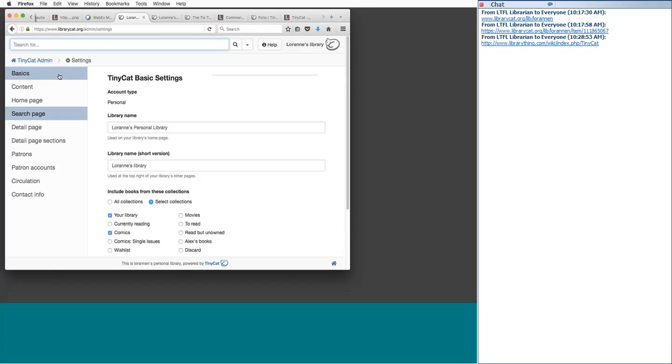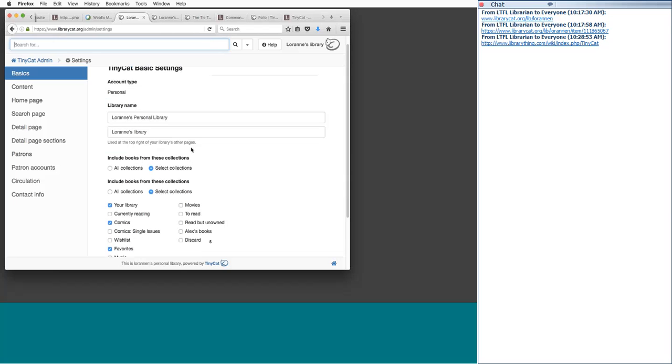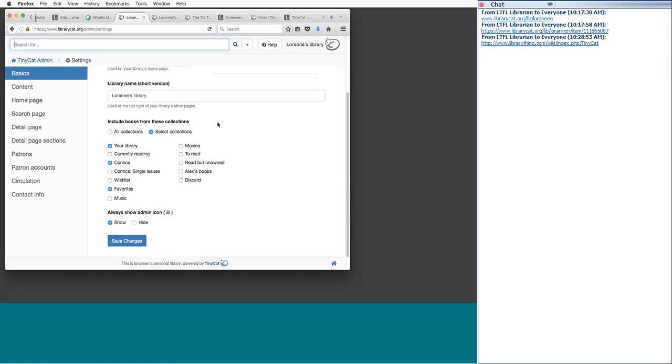Okay, so the first thing that will come up on your settings is your basic settings, and this is where you're going to set up the name of your library, which collections you would